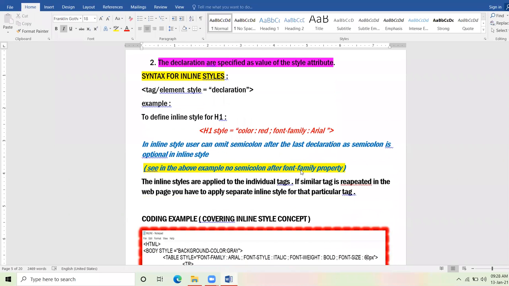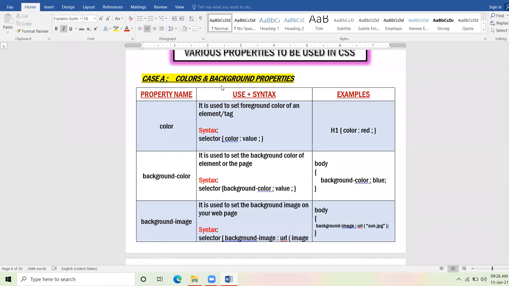So let us first of all quickly go through the properties that we are to use in CSS. Beta, properties that are concerned with colors and background. Now color property means to provide foreground color. Foreground color means the color of the text.